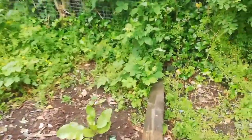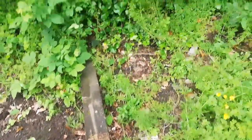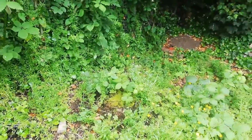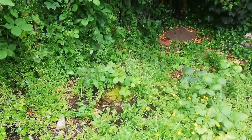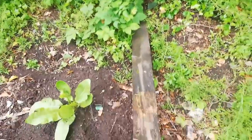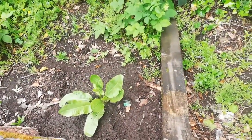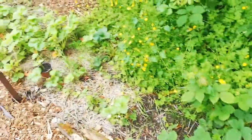Because if you remember, on the other side of this plank here that I put just to mark out, this is the area where you get all those beautiful ink cap mushrooms growing in the autumn, and I don't want to do anything to really get in their way. So there's going to be nothing much else that I'm going to plant to the right of the horseradish, but over here between that and the strawberries,